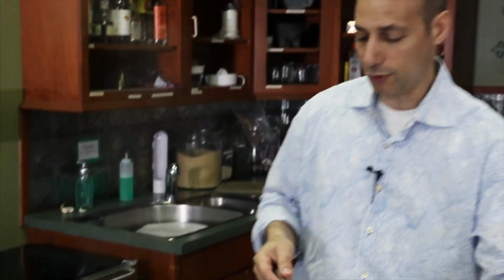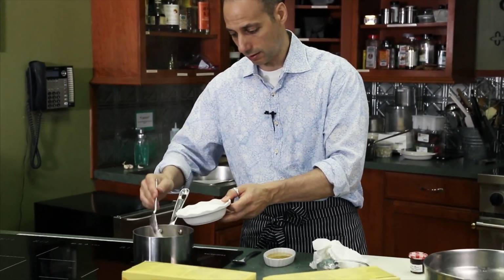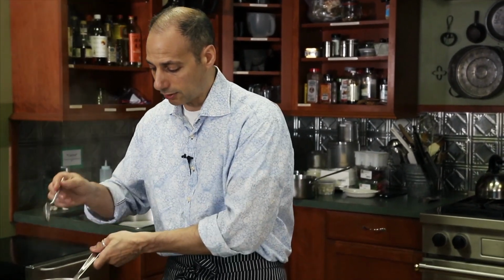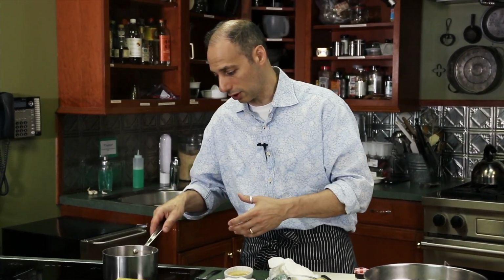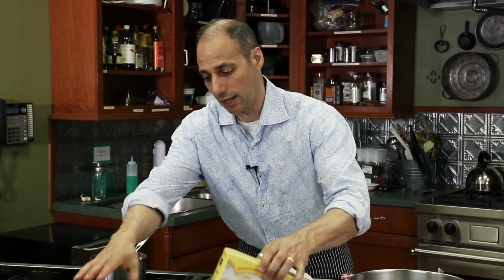Now, if you want to, I would suggest adding 2 tablespoons of granulated sugar in there. It gives it just maybe a little extra sweetness that it deserves, that the strawberries might not have picked up. We're going to let that cook down a little bit, and it almost comes to a simple syrup. So you get those thick bubbles of the sugar, and then at the very end, we're going to grab some leaf gelatin here,